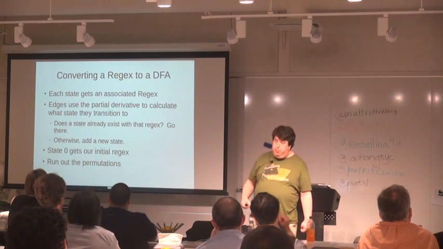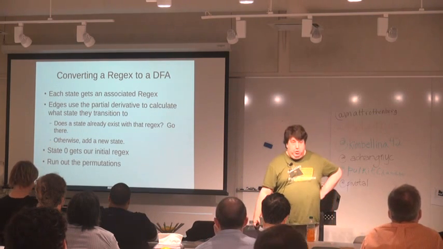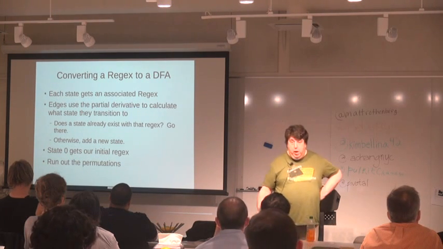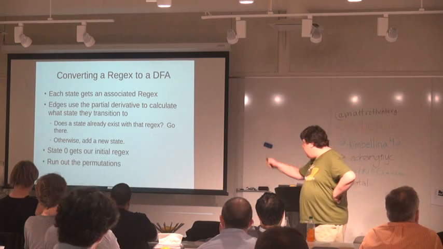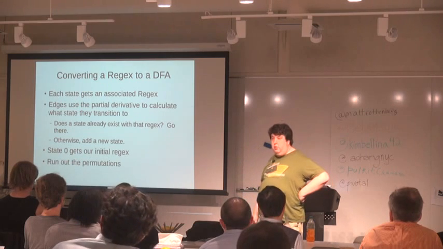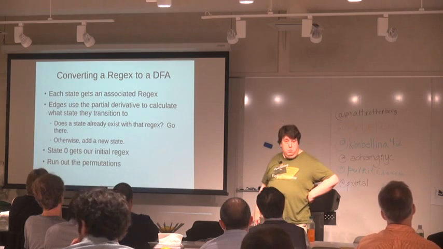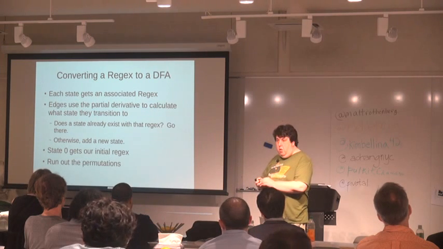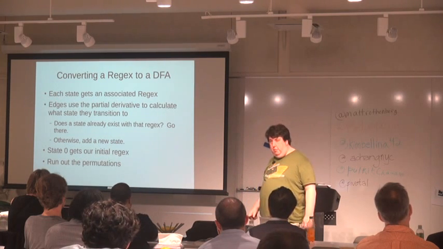So, converting a regular expression to a DFA. This is where your classic compiler theory gets a little bit hairy, and they start talking about Thompson's construction and all sorts of things. I'm going to explain it to you in one slide. The concept is really simple. For every state, we have an associated regular expression, the one we had when we got to that state. So if we're in state X and want to know which state we go to when we see character C, we take the partial derivative of our current state with respect to character C,